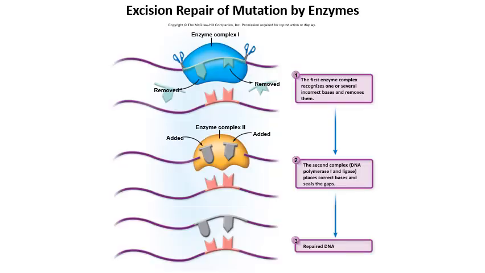So if this is one side of the DNA strand and this is the other side, we can see that these particular base pairs over here don't match with these ones over here, right? So if they don't fit, then we need to get our enzyme in place to cut those bad ones out, replace them with good ones so that they fit with the original DNA strand, right? So that's excision repair. We just use an enzyme to cut out the bad letters and add good letters back in,